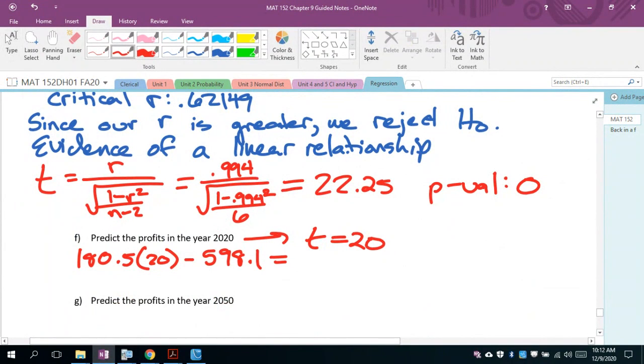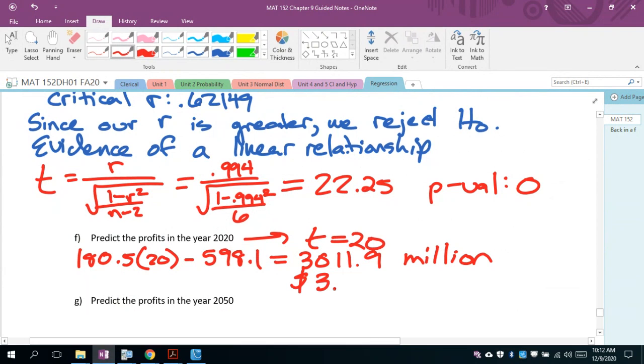So you punch that up in the graphing calculator, and we get 3,011.9 million. Now, I would have gladly accepted that, but if you divide that by 1,000,